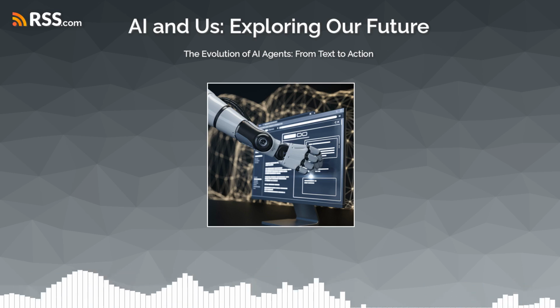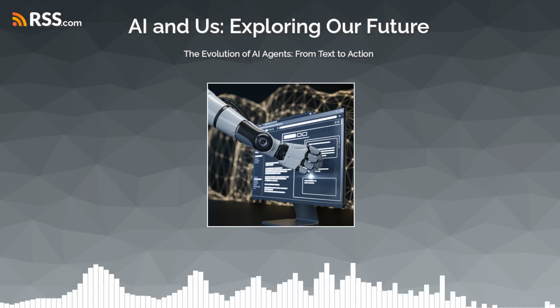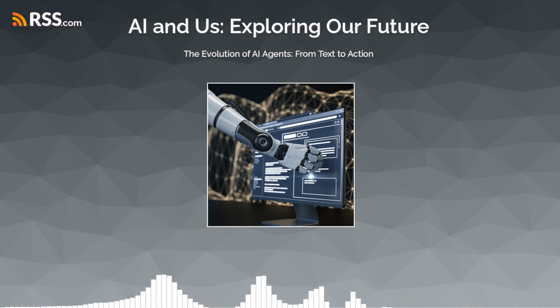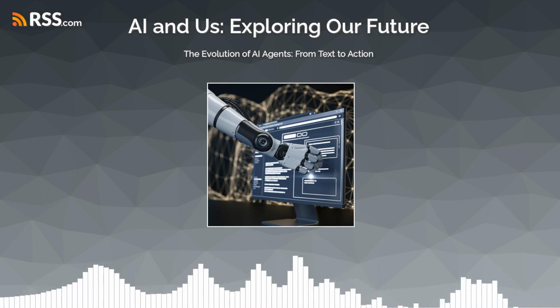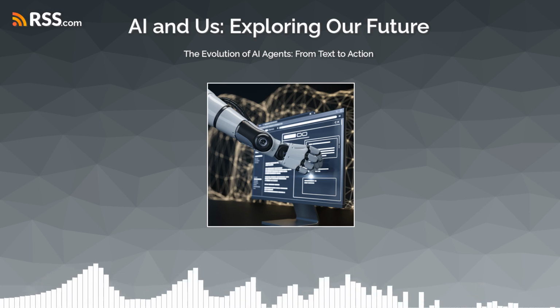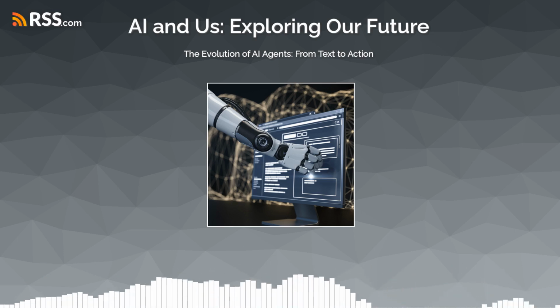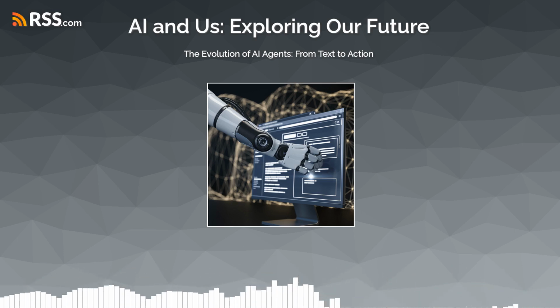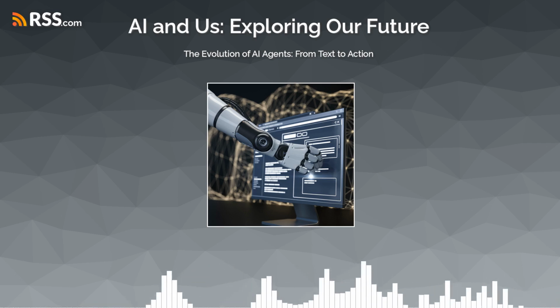Well, here's where things get interesting. AI isn't just about replacing humans. It's also about augmenting our capabilities. Augmenting, meaning it makes us better at our jobs. Exactly. So imagine you're, let's say, a marketing manager. Right now, you're probably spending a lot of time gathering data, analyzing trends, and creating reports. Yeah, a lot of reports. But what if an AI agent could just handle all of that for you? Oh man, that would free up so much of my time. But then what would I do with all that extra time?